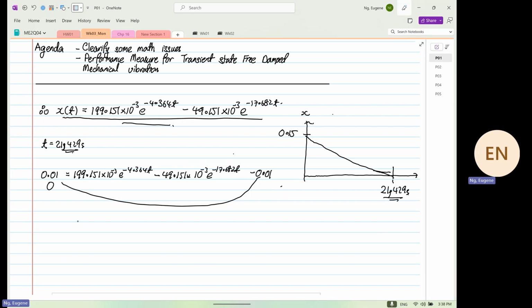So now what you see, T is now equal to what? 1.213. Can you see that? You got 1.213. Now if we go back to Excel again,